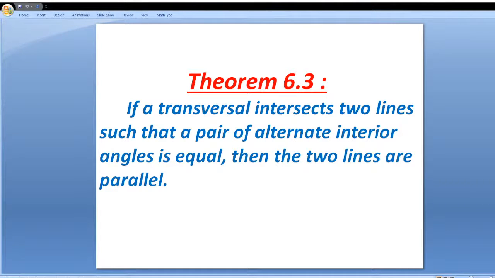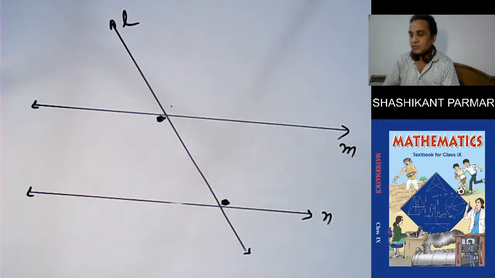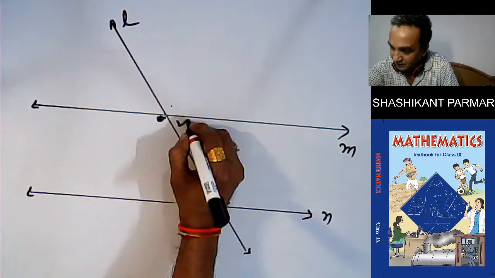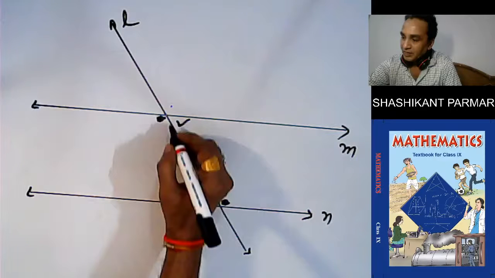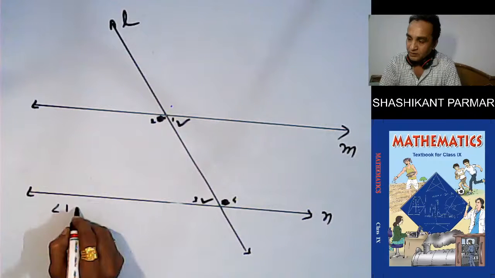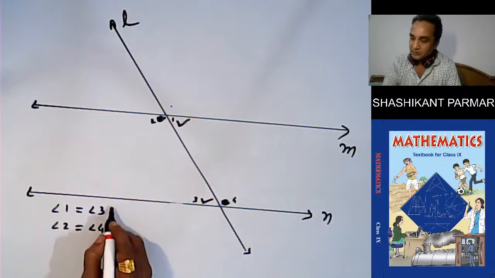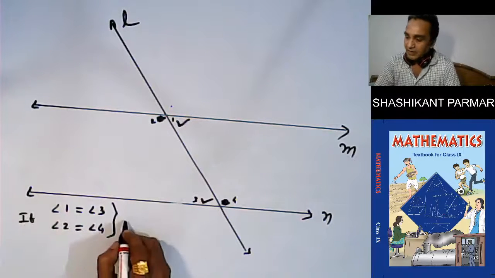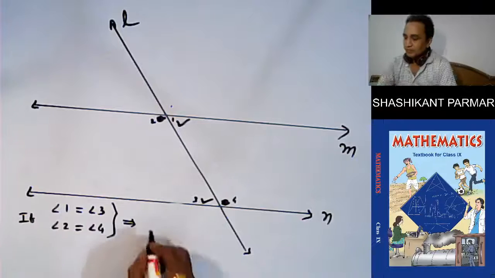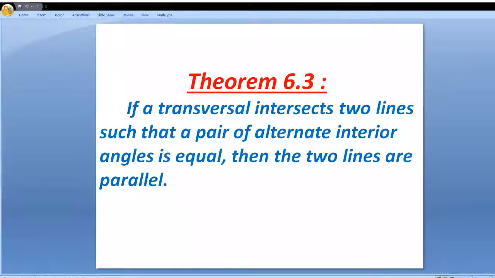So this angle and this angle both equal, and similarly this angle and this angle, say it's 1 and 2, 3 and 4, so angle 1 is equal to angle 3 and angle 2 is equal to angle 4, then two lines are parallel. Okay, then M and N are parallel, and